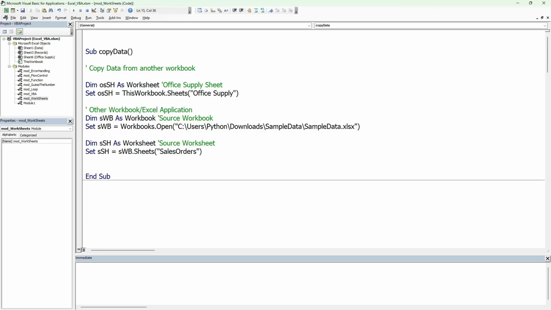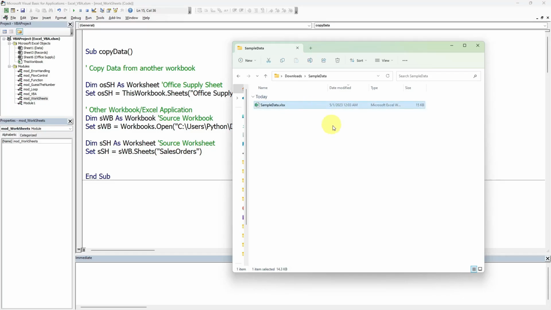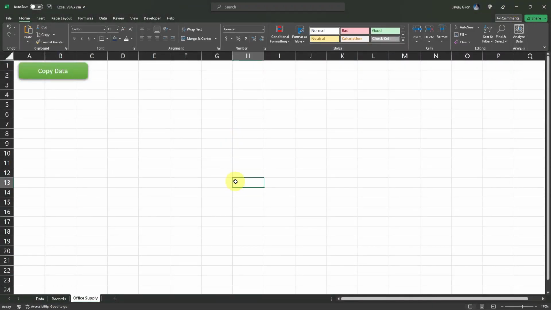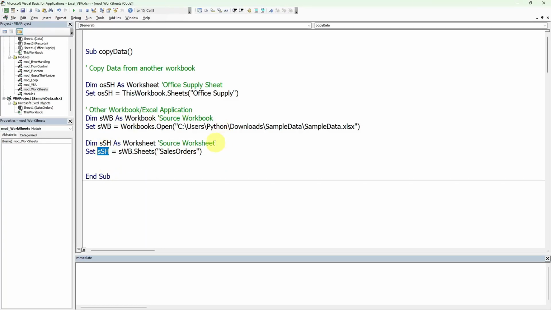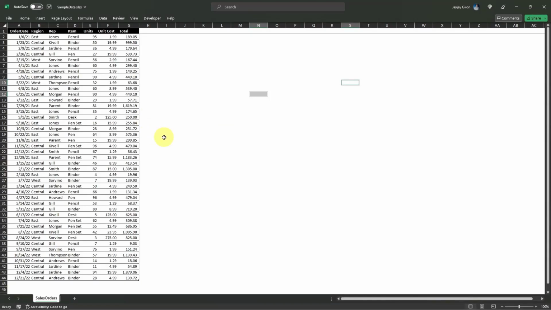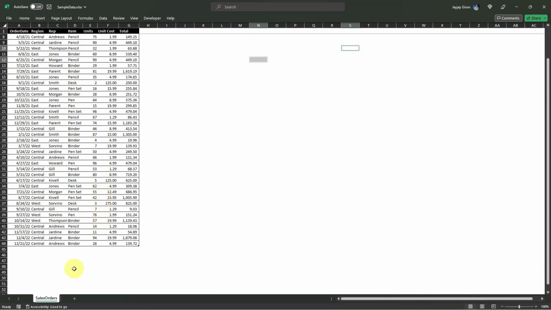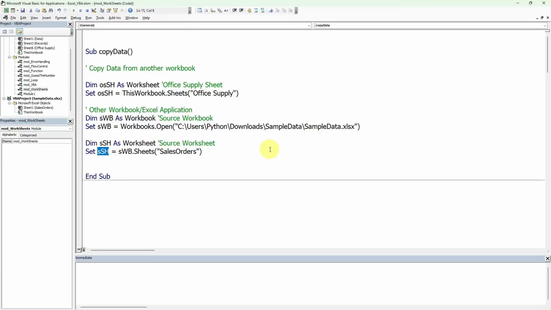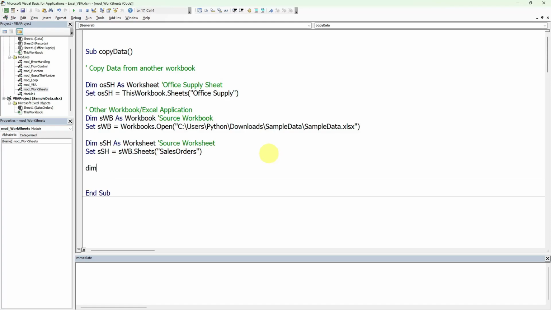And let me verify first if that's the correct worksheet name. So let's open this file, and yes, the worksheet name here is sales orders. So in the SSH variable, we are referring to that worksheet. And before copying the data from the other workbook, we must identify the last row in the sales orders worksheet first. So going back to VBA, let's declare a variable named last row of type integer,